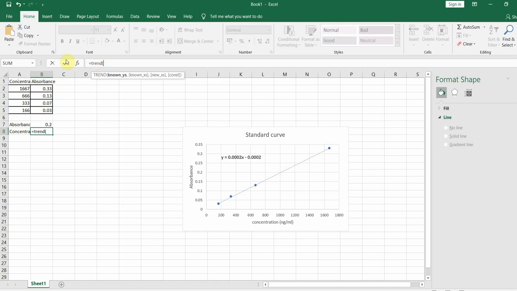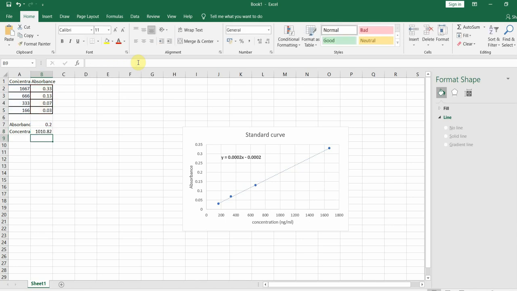Once you enter the bracket, you have to select your concentration cells, then you have to select your absorbance column also. I'm going to use my control key so that the concentration part does not get unselected. Also, I'm going to select the absorbance of the unknown sample. Then I'll close the bracket and press enter.